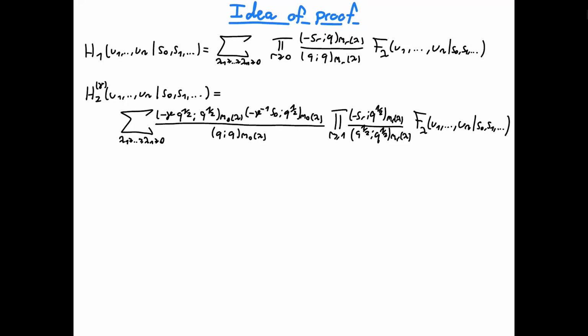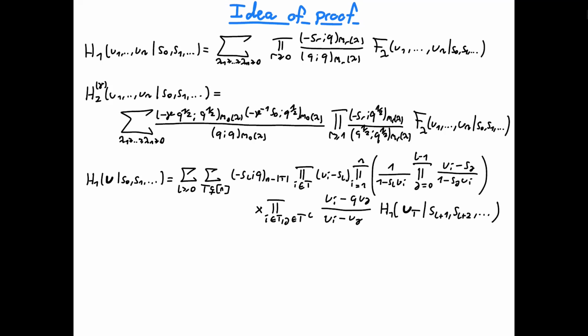Sum over all partitions, sorry. The H, this is just my notation for these things, for the left-hand side. So this is just notation. And now we want to make use of this antisymmetrizer recurrence relation to derive a recurrence relation for the left-hand side. But we cannot only split off the last parameter as we usually do, because we are summing over all partitions and not strictly increasing rows. So there may be multiple appearances of the smallest part of the partition, and we have to take this into account,